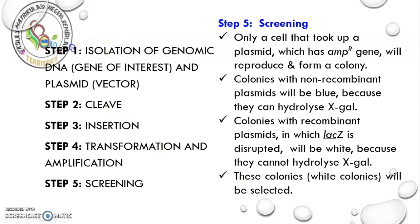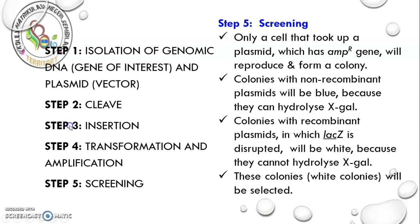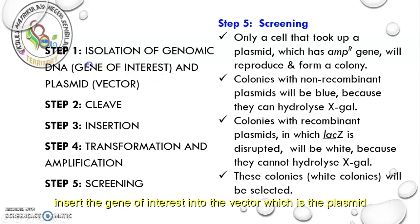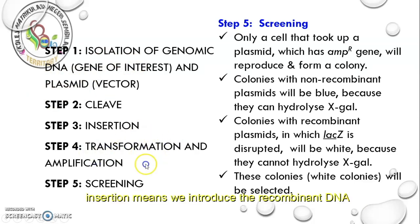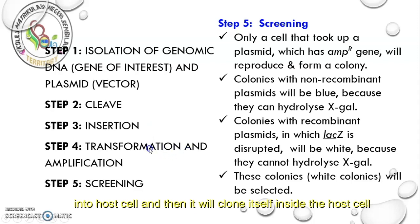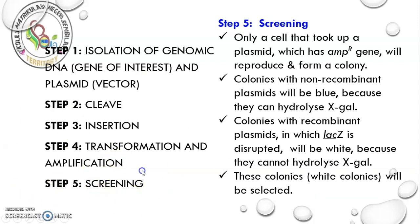So again, step 1 is isolation of the genomic DNA of interest and also taking out the plasmid, because we need the vector, the one to carry the DNA of interest into our host. Then the second step is to cleave both the gene of interest and the vector with the same restriction enzyme. Then step 3, which is insertion, whereby we insert the gene of interest into the vector, which is the plasmid. Step 4 is transformation and amplification, whereby transformation means we introduce the recombinant DNA into the host cell and then it will clone itself inside the host cell, and also the host cell itself will clone themselves alongside the DNA. And lastly is screening, to see which colony actually has the